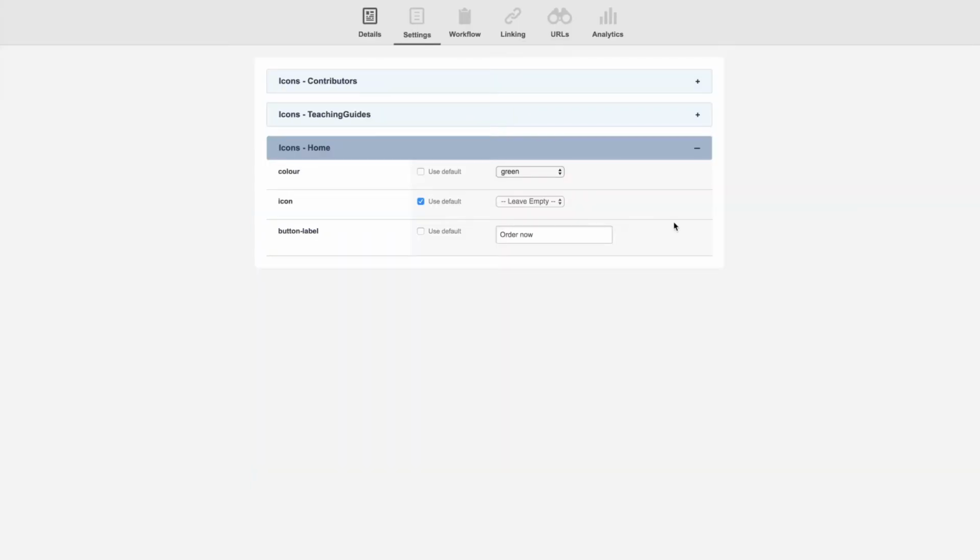To update the icons of those three boxes, you go to the relevant box, so in this case resources, settings, and then icons right there.